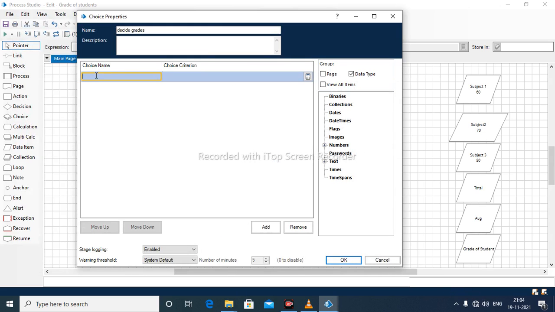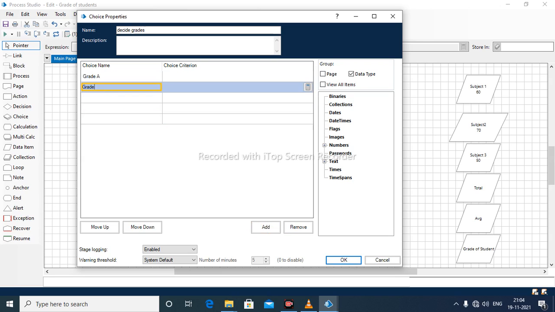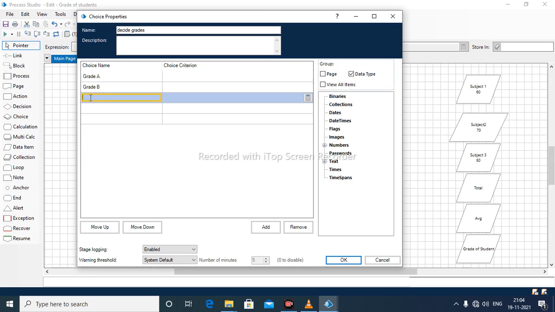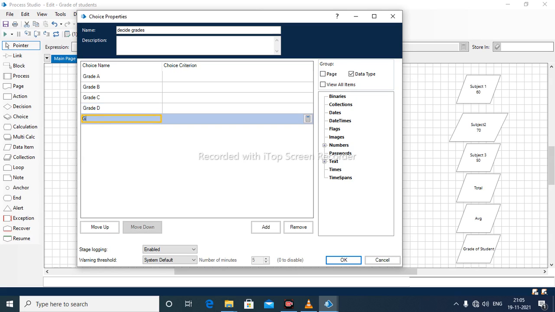Okay, so here I will write grade A. I will add multiple rows, then grade B, grade C, grade D, grade E. Okay.